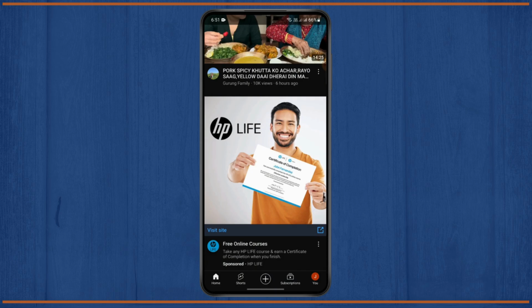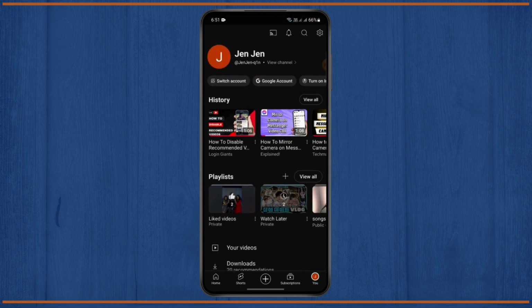So first thing first, open up your YouTube. After that, log in into your account, and here you'll be able to see your home screen. So the next step is you just need to head over to your profile at the bottom. After that, hit that gear icon or the settings, and